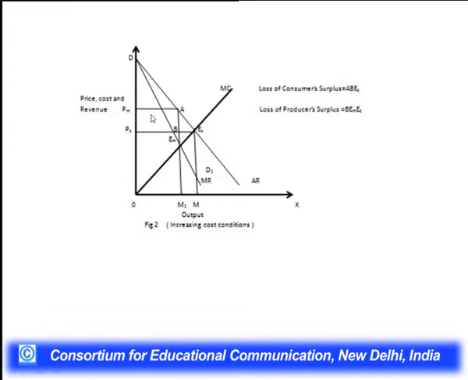So, price has increased and output has fallen. Due to the increase in price, there is a decline in consumer surplus. Now, the consumer surplus is DPMA, and the decline in consumer surplus is of the area PCECA. This is the total decline in consumer surplus, and out of it the area which goes to the monopolist